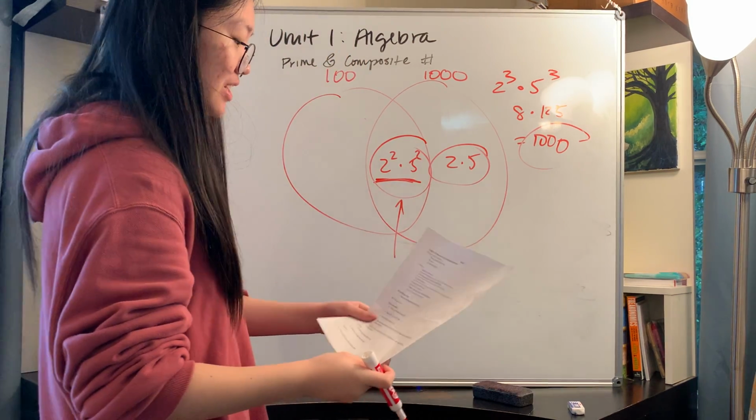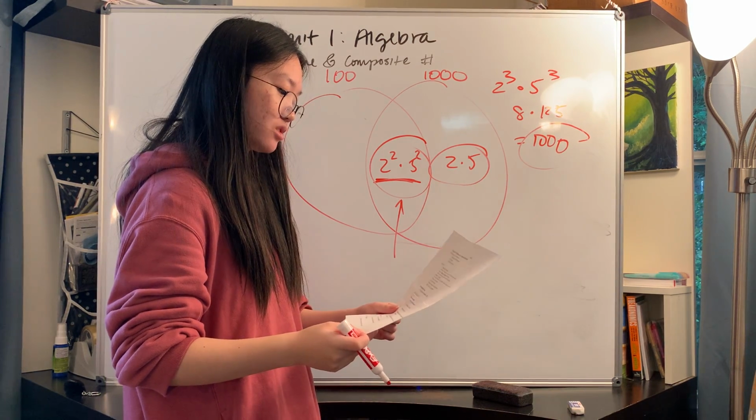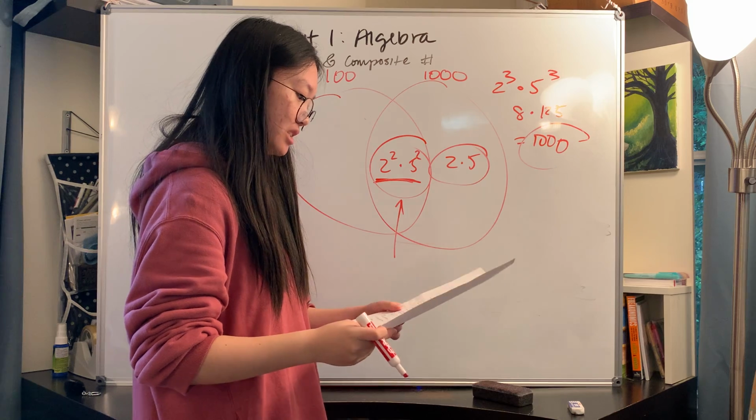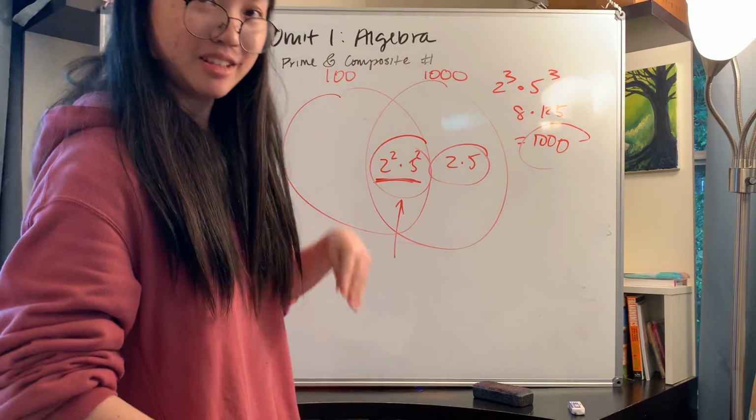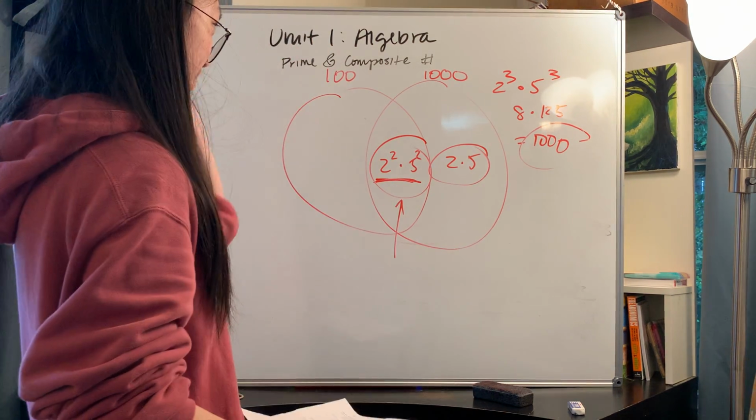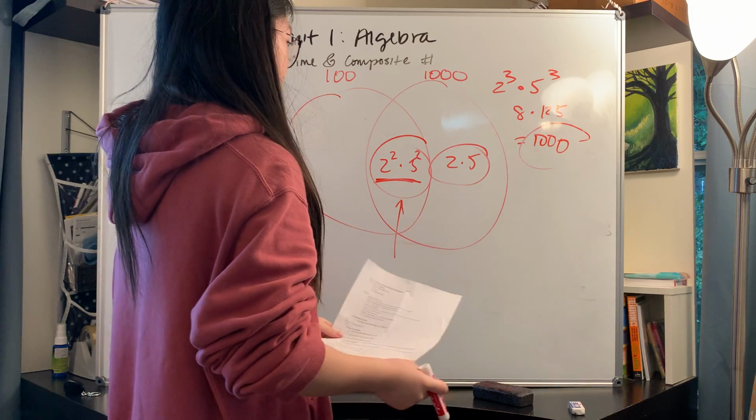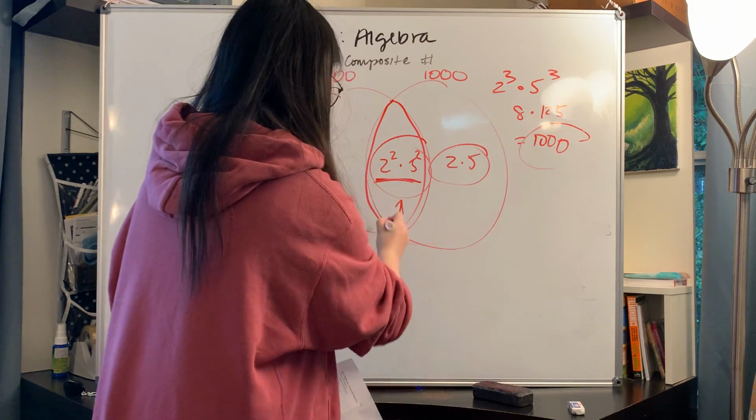And problem 5 is show that the product of the least common multiple and the greatest common factor of two integers is equal to the product of these two integers. So if you look at our Venn diagram here, and this is just an example, it's not a formal proof, you'll see that if we multiply this bit right here,